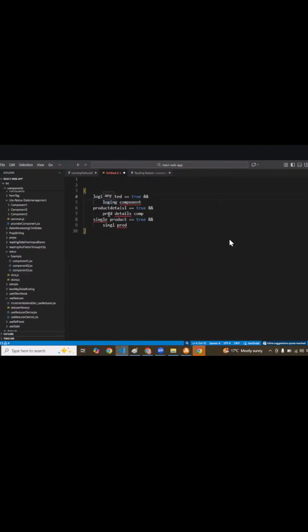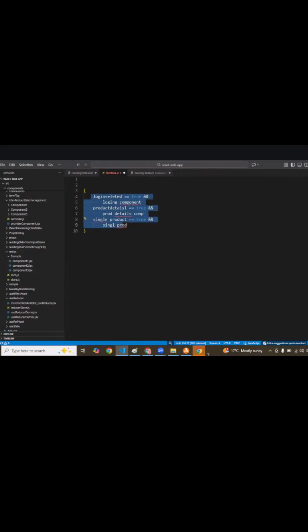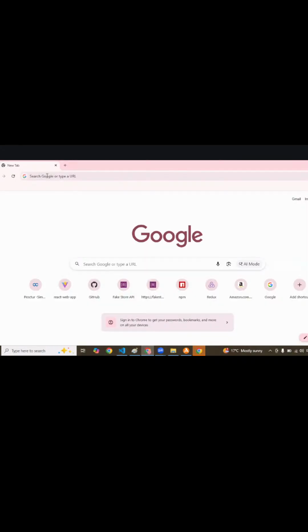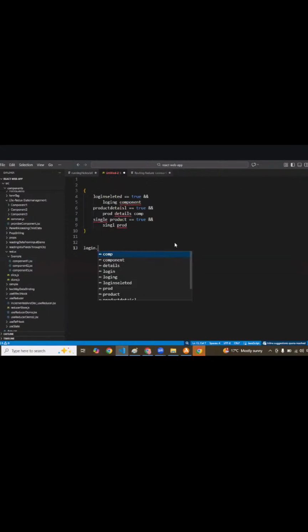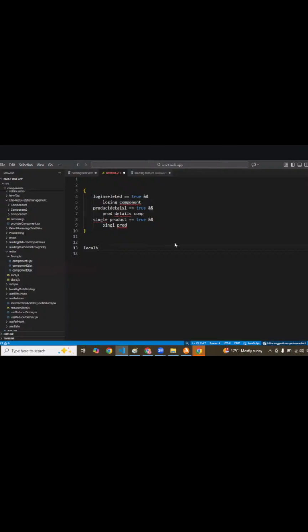No. The reason is, if we are loading these conditional based components, the user won't be getting any type of clue through the URL. In general, the URL also has to be loaded. Say initially login.html is what got loaded, or localhost:5073, something got loaded. This is the initial page. When the login is getting loaded, let us make the URL be updated as login. If the product details